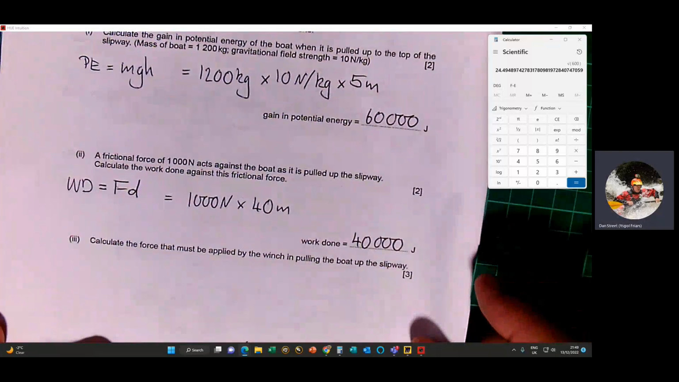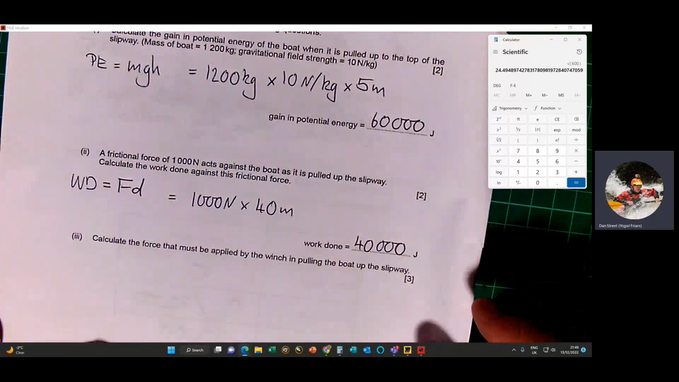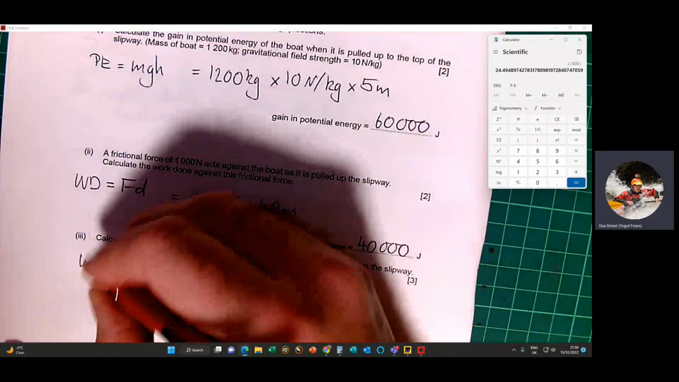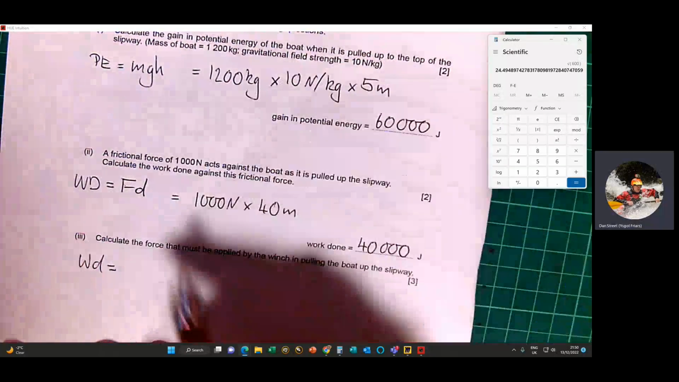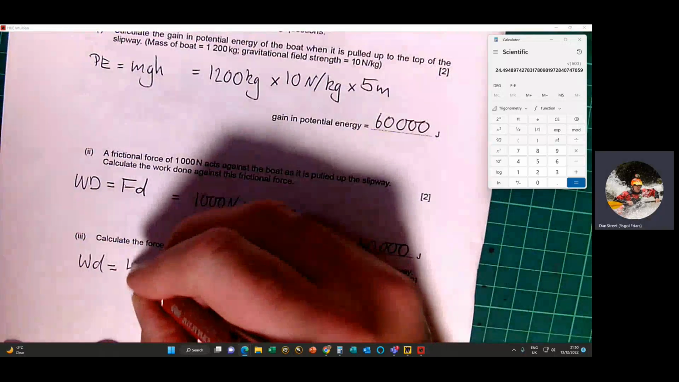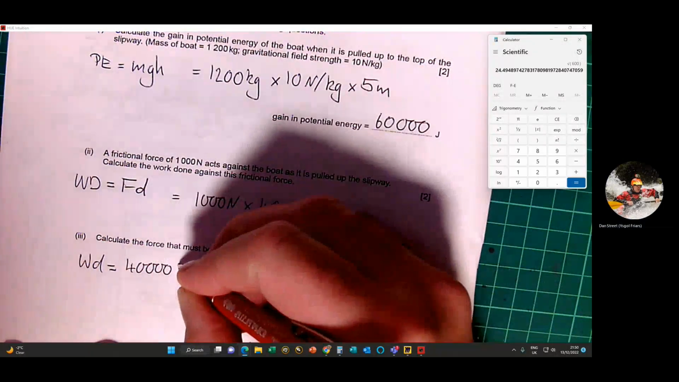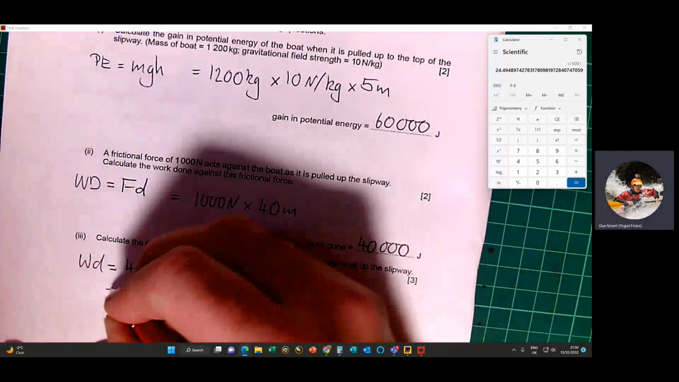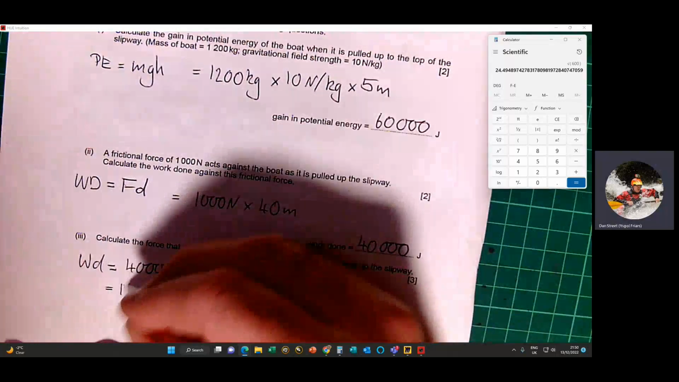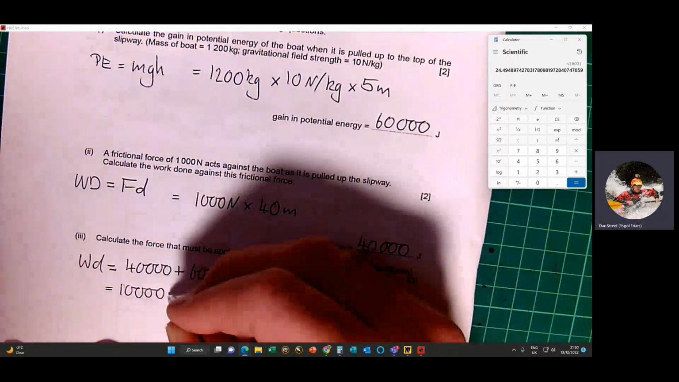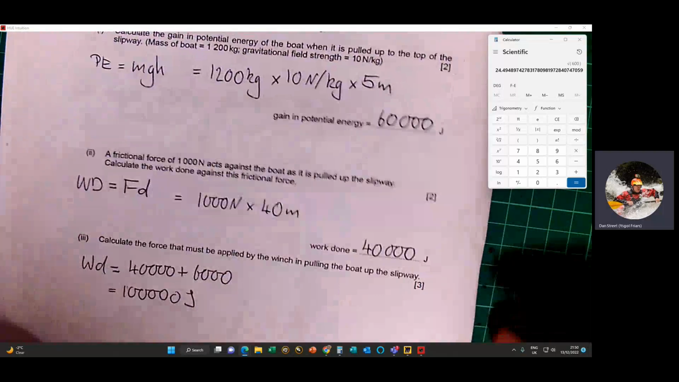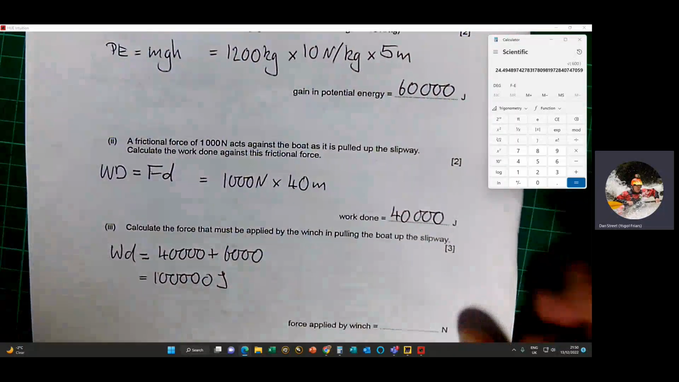Okay, so to do this, we need to calculate the total work done, and then we need to work backwards. So the work done is 40,000 plus the 60,000, which obviously is 100,000 joules. And if we take this equation here and rearrange it, because we want to know the force,